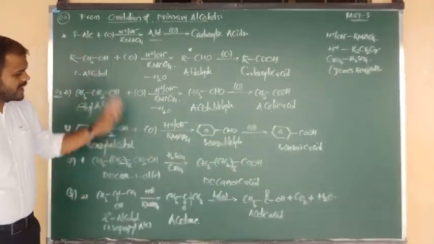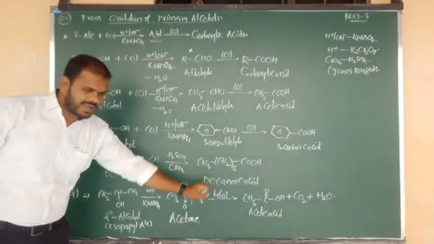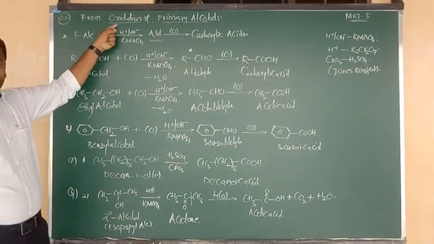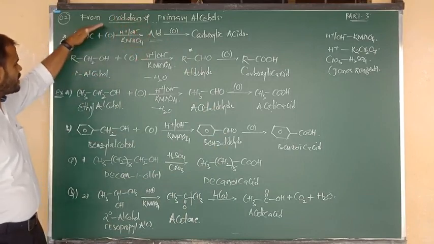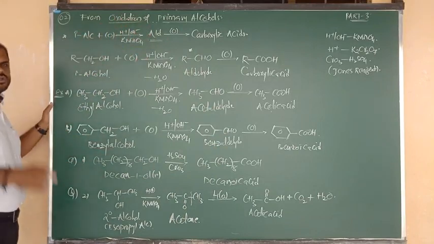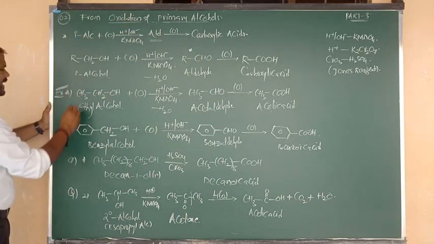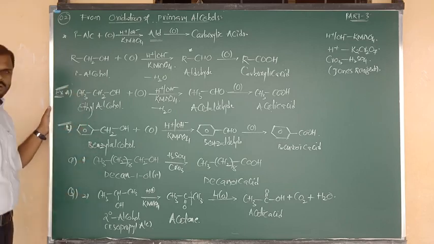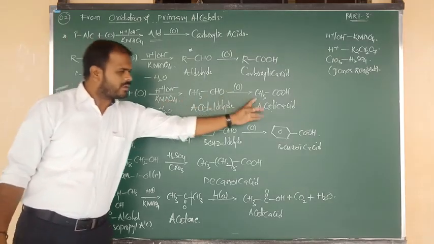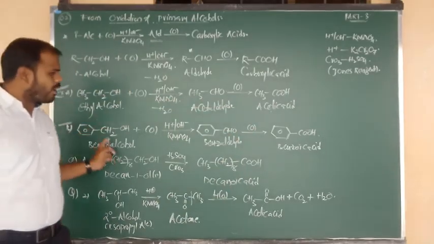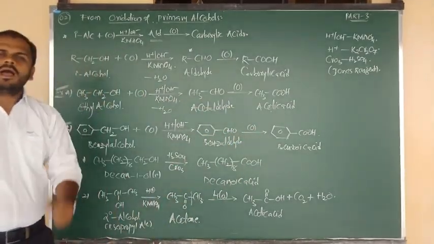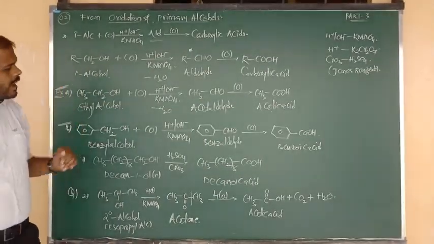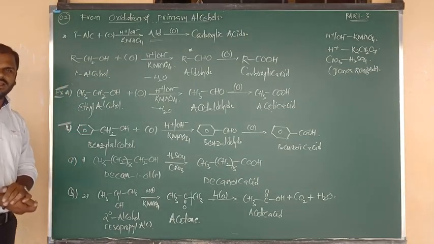So these are the methods of preparation of carboxylic acids. Especially we have to focus on the oxidation of what, Nana? Primary alcohols. And your focus should be on 2 examples. One is ethyl alcohol, one more is benzyl alcohol. Ethyl alcohol gives the final product acetic acid. Benzyl alcohol gives the final product, which is nothing but what, beta? Benzoic acid. I hope you understand this story clearly.